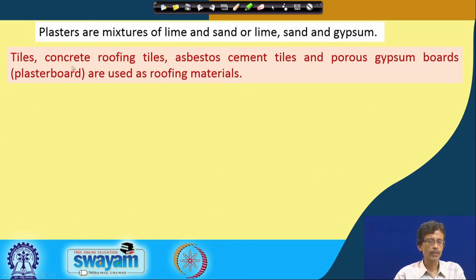Then with these we can have the tiles. So, the concrete roofing tiles, asbestos cement tiles and porous gypsum boards, which are known as plaster boards, are used as roofing material. So, not only the wall, not only the floor material, but if we get these materials in some blocks or chunks or tiles, we can get them as roofing material also. So, the roofing tiles are also very useful, made with the use of cement